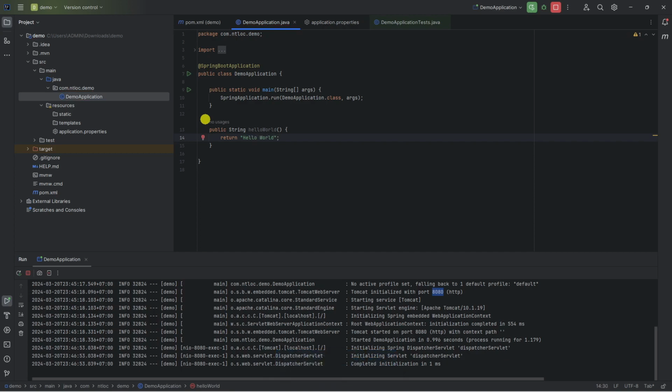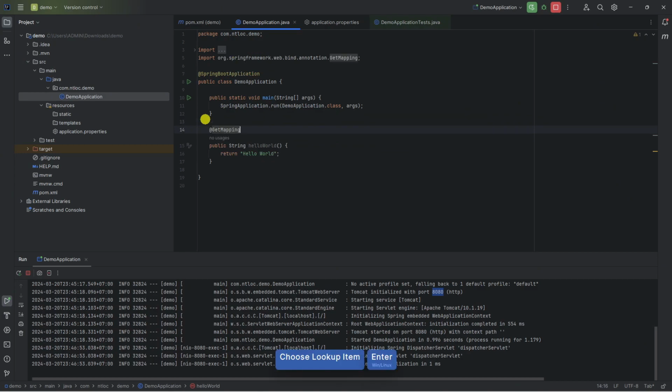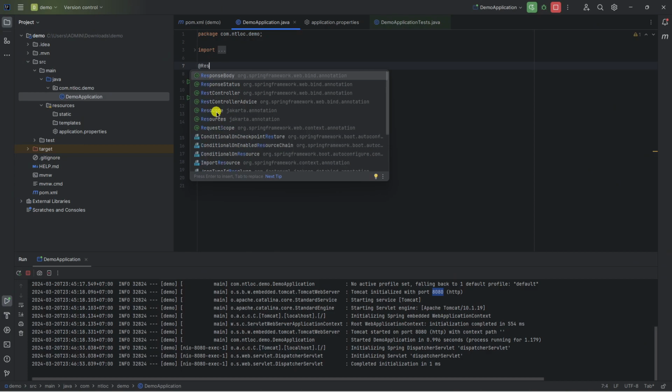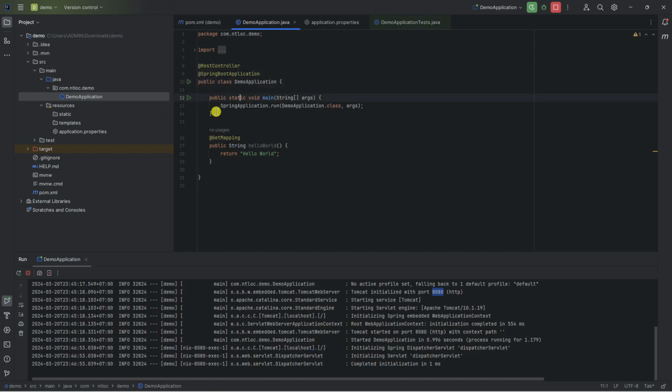But for this method to be a RESTful API endpoint, we need to mark it with the annotation GetMapping on the method, and also mark this class as a RestController, to mark this class as a REST endpoint. Okay, cool.